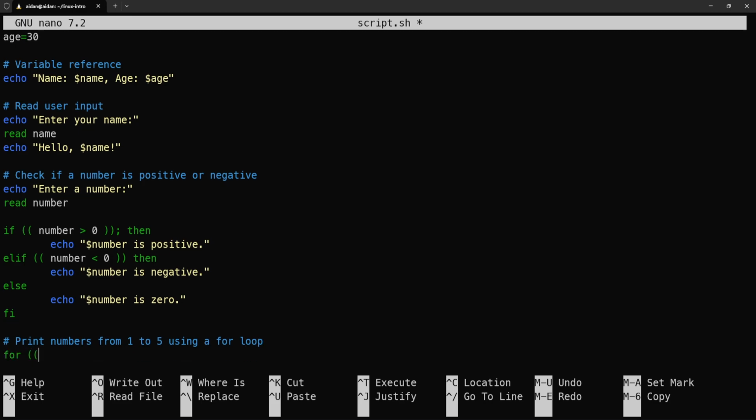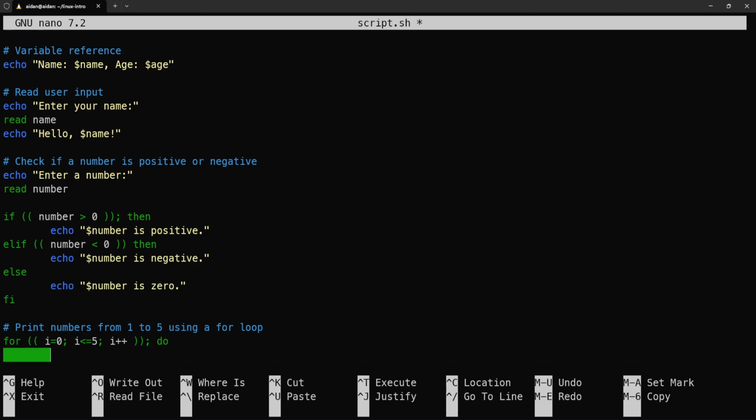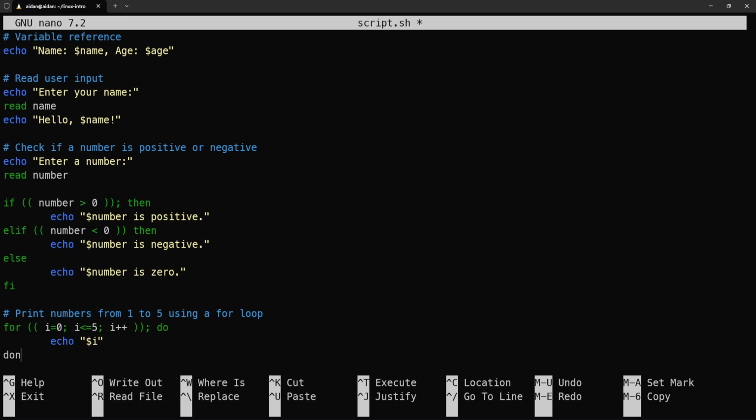So now we can have in here a for i equals 0, i is less than or equal to 5, i plus plus. And then whatever this is true, then we will echo that number out. And then we'll just say done. So you have a for, and then whatever's inside the for, you have your conditions, which I'll go over in a second. And then you have do, so this is whatever's inside the do, and then whenever the for loop is completed,